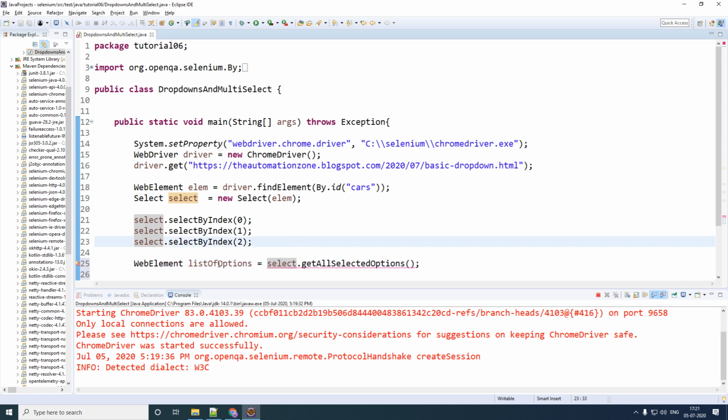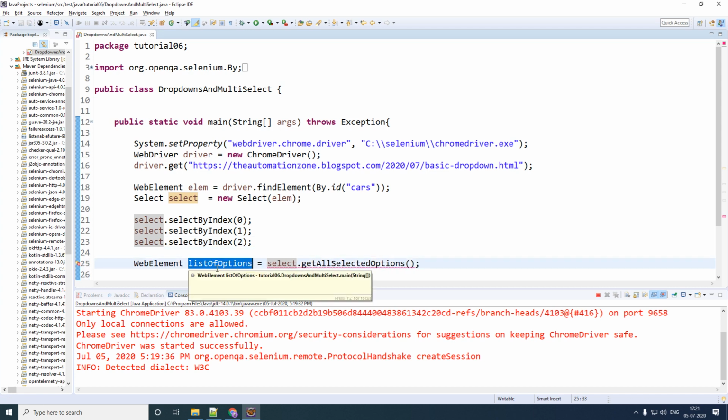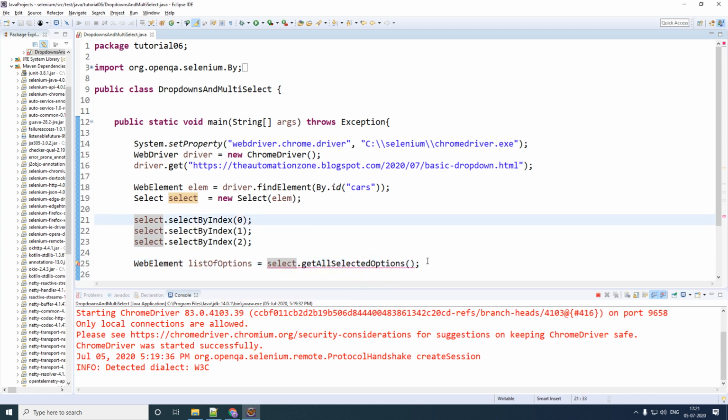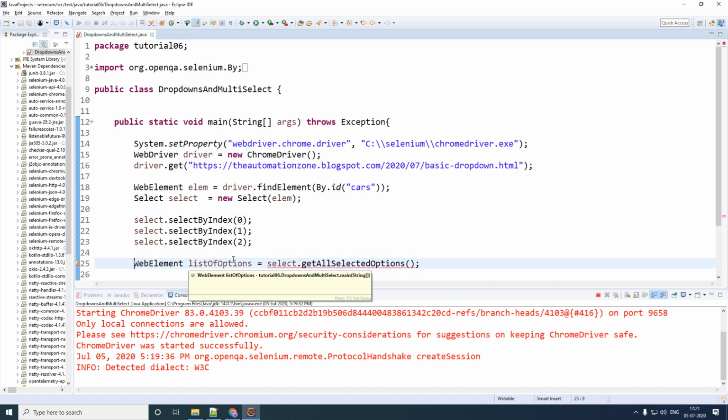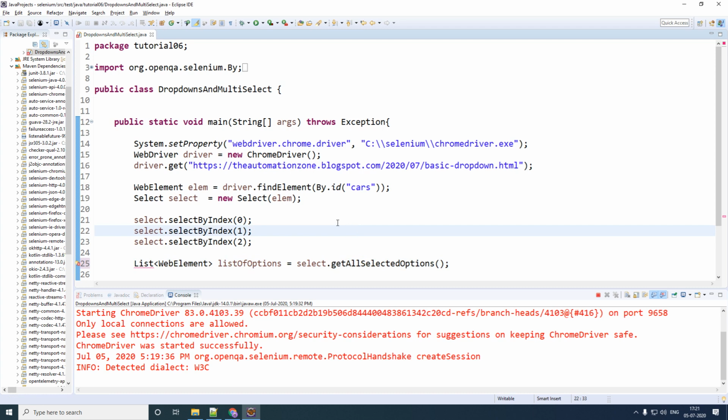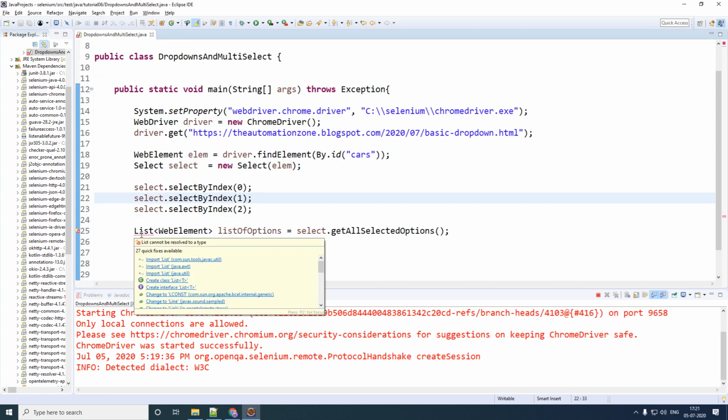Because this saves only one web element, you are getting a particular error. In order to save more than one web element in a list, you have to make a few changes. Just type a List like this, and put your web element in these brackets, and that is it. Also, you have to import List from Java.